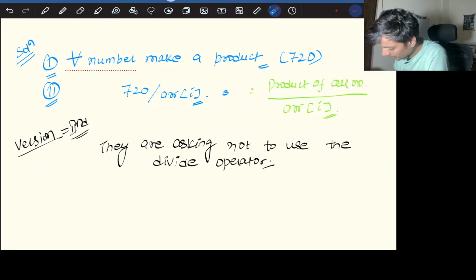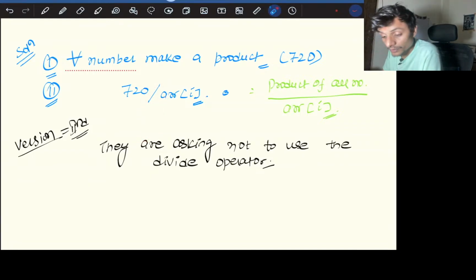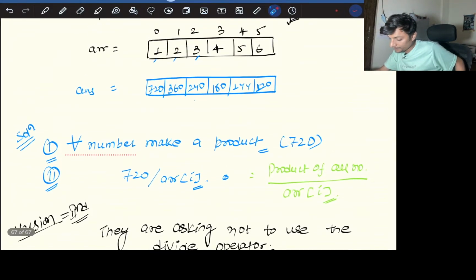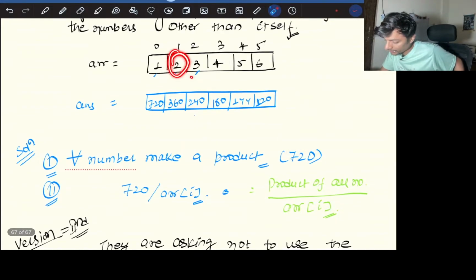Means you can't use this. Great. So they are asking this. Now comes the main part. Now you need to calculate the array of that particular product of all the elements other than itself, and then